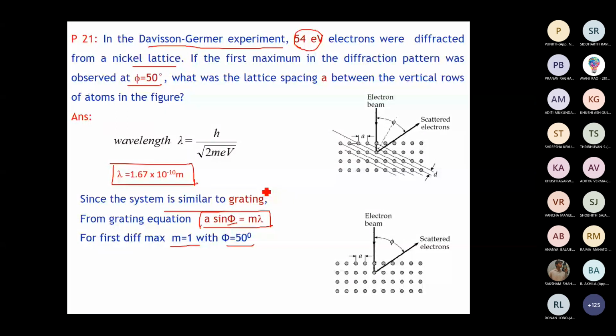So please note, we are generally talking about the interatomic spacing. You should know it will be in the few angstroms or few nanometers. It's around 0.2 nanometer. We all know that the atoms are very closely spaced. Please make a note of it. If you have not got the same answer, just check your calculations and the assumptions which you have made in solving this problem. Now you can make a note of the answer A as 0.218 nanometer.